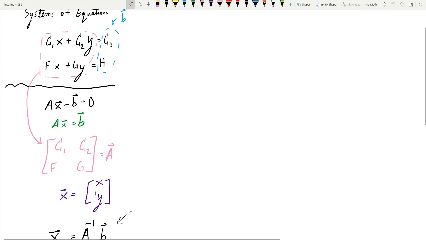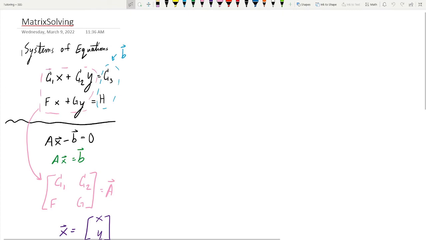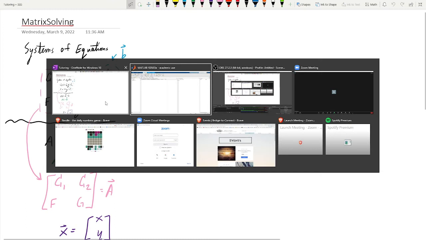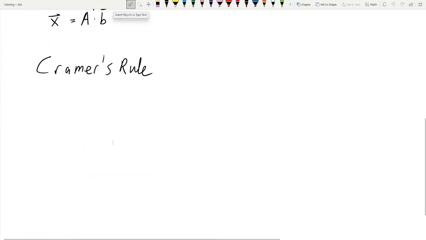Really, you don't even need to write this down. You can just look at it and pretty quickly pick up, oh, okay, C1, C2, F, G, that's A. X, Y, that's X. And then the right-hand side in this form, that's B. So why don't we say, for this problem,